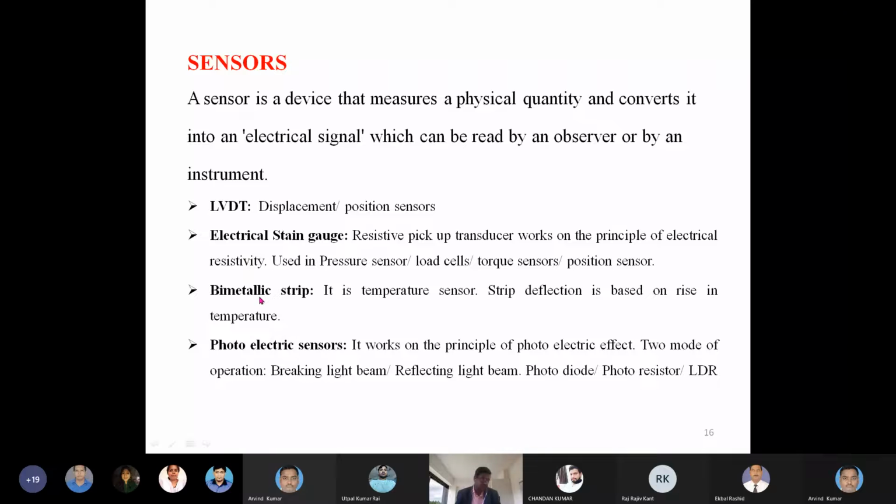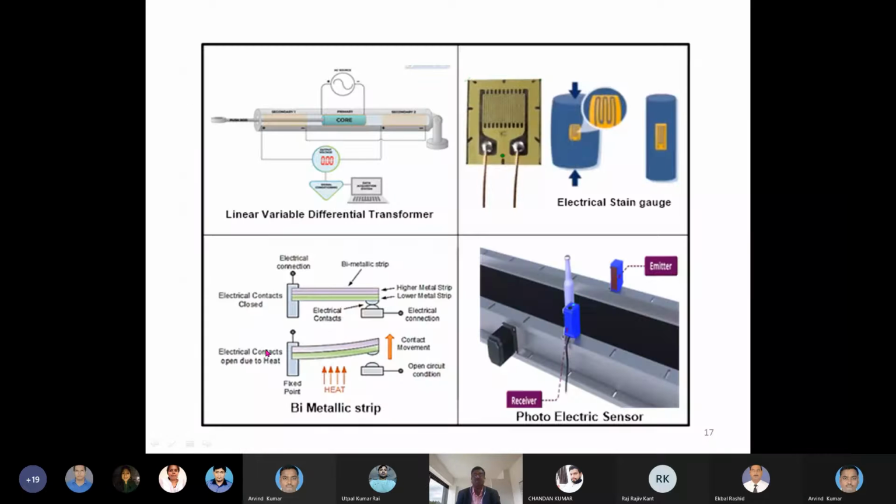And the bimetallic strip is a binary sensor which measures the temperature of the system and takes appropriate action. And this is the photoelectric sensor. So these are the 4 categories of sensor systems commonly used in many mechatronic systems. So this linear variable differential transformer